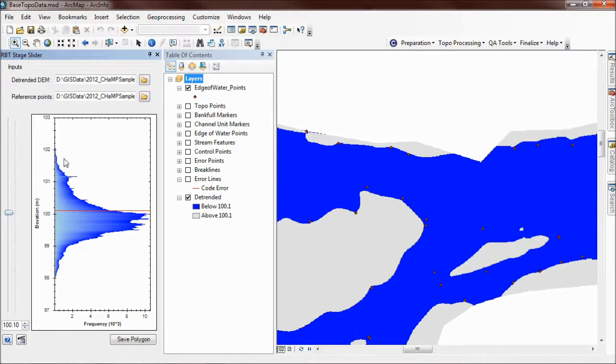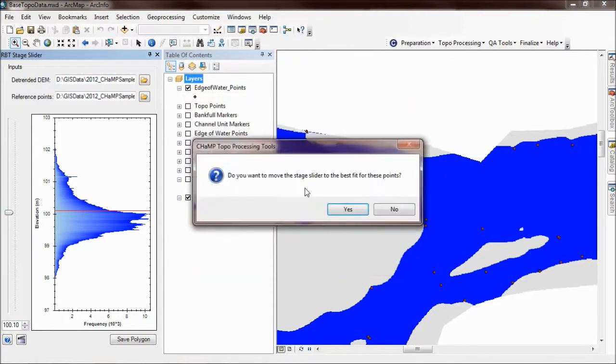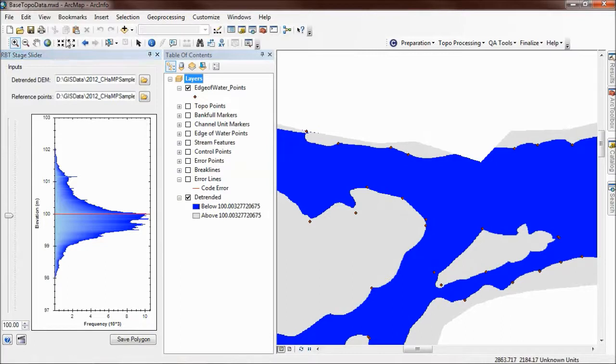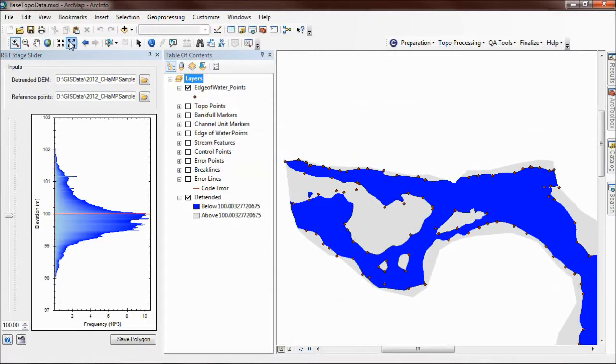And if I lose track of where I am and I want to revert to that original place, just browse out to those edge of water points again. It'll ask you again, say yes, and it'll move it back to that position. Okay, so that's your